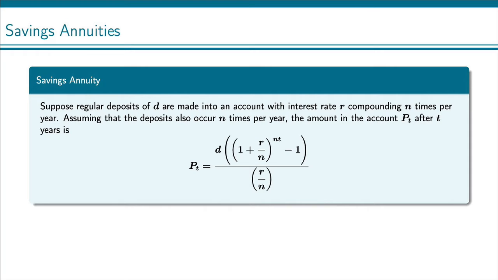So we will start by talking about savings annuities. A savings annuity is when you make regular deposits into an account that gets interest. And this formula here tells you how much money will be in the account, and that amount is what we call P of T after a certain amount of time. So let's talk about the different things in this very fancy equation and what they mean. We'll start with the P of T right here. This is the amount in the account